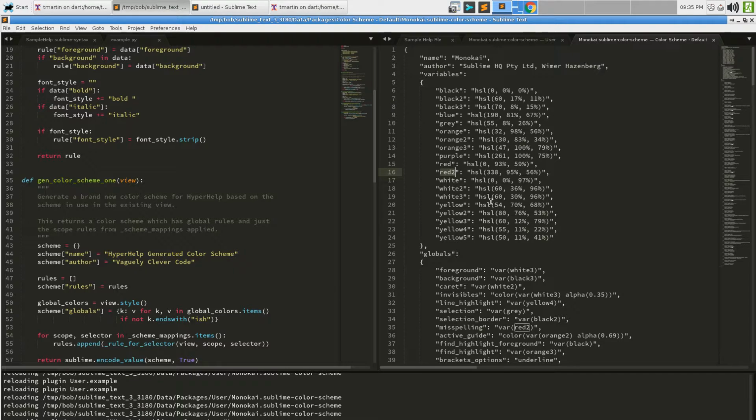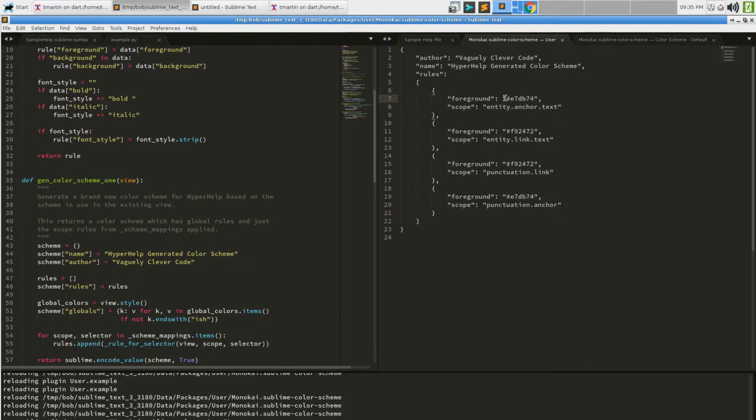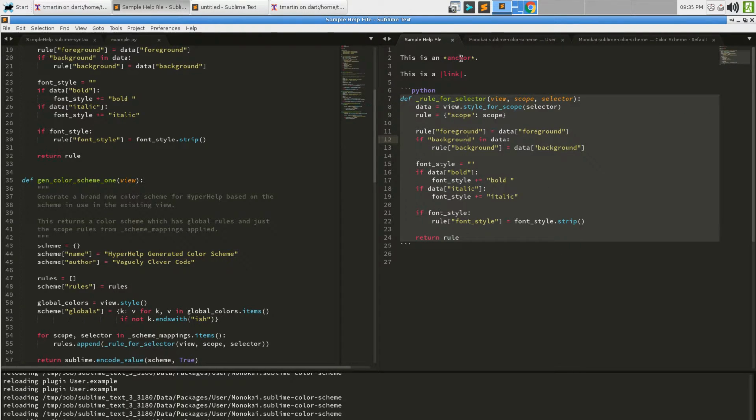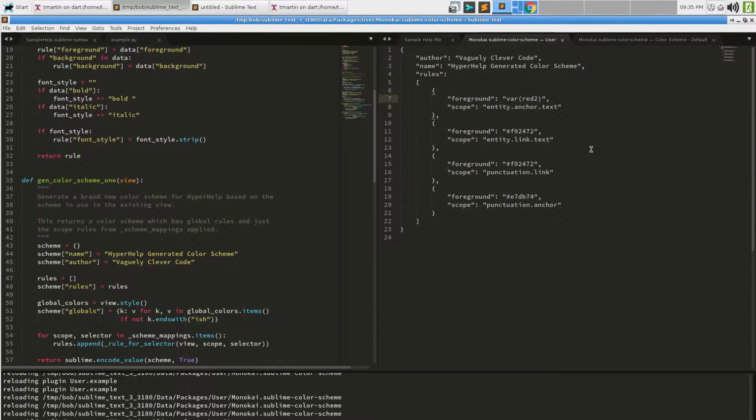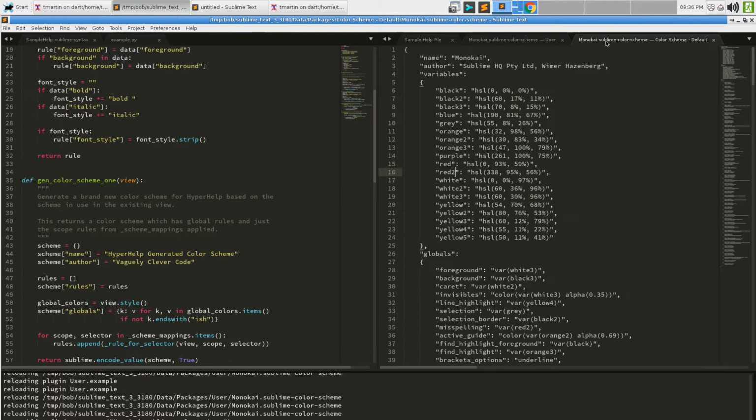For example, I could change the foreground of this to var red2, and now anchor text is red because it's following that variable, even though that variable isn't declared in here.